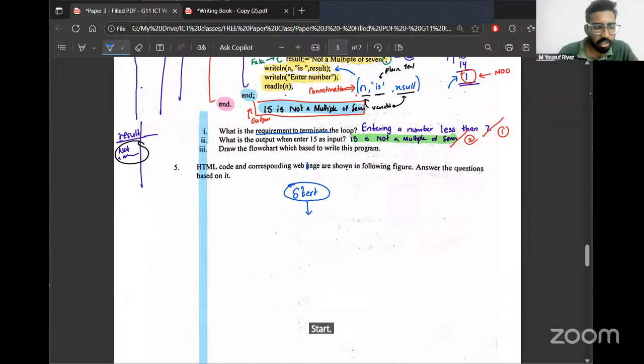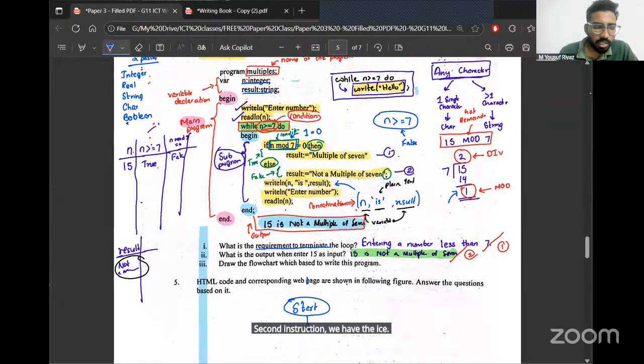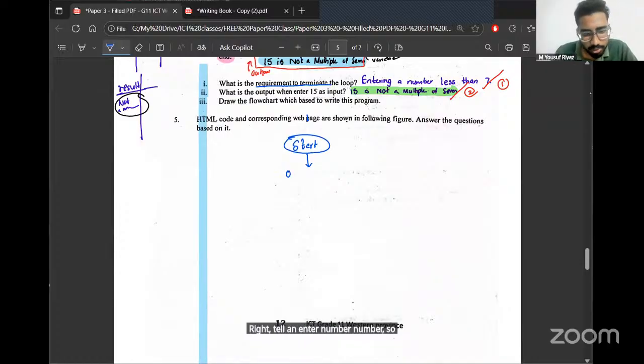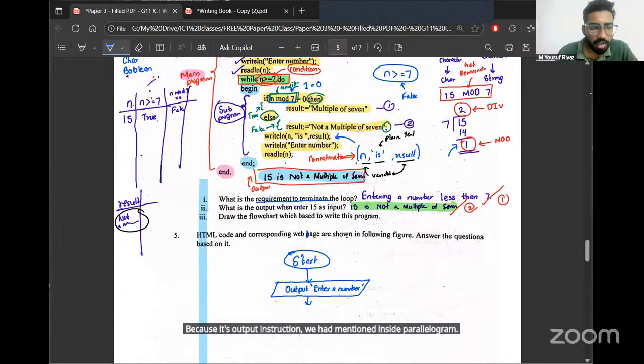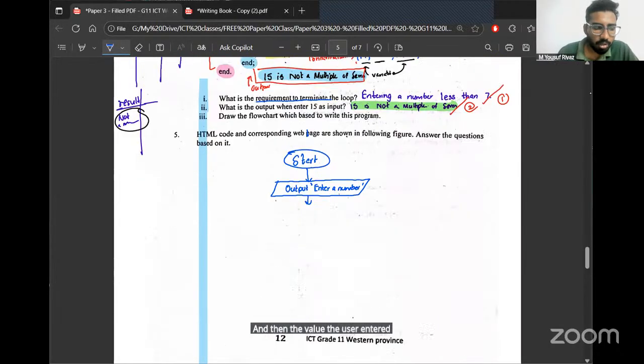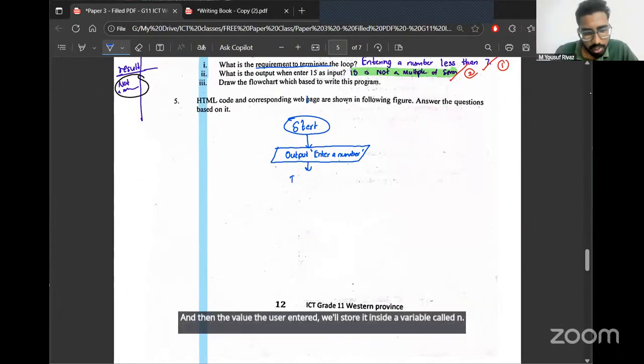Second instruction we have is writeln enter number. So that should be output. Enter a number. Because it's an output instruction, we mention it inside a parallelogram. And then the value the user entered, we'll store it inside a variable called n.